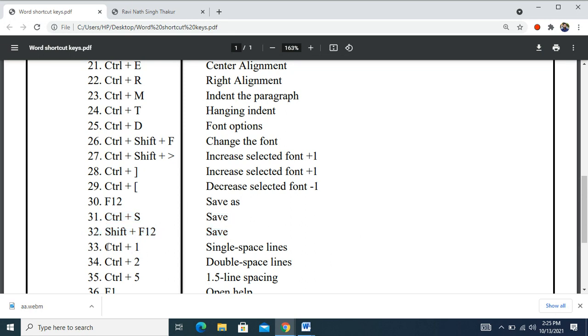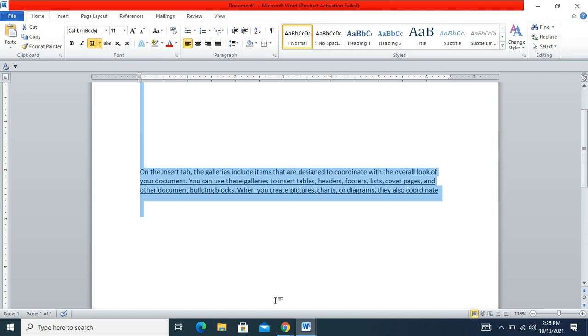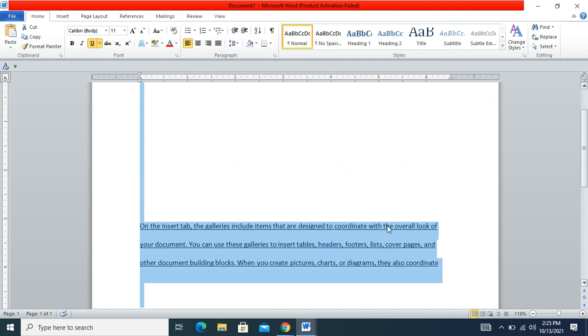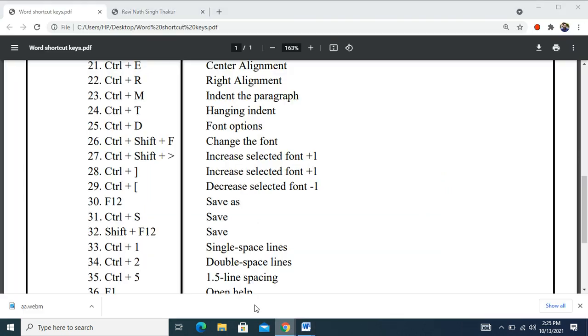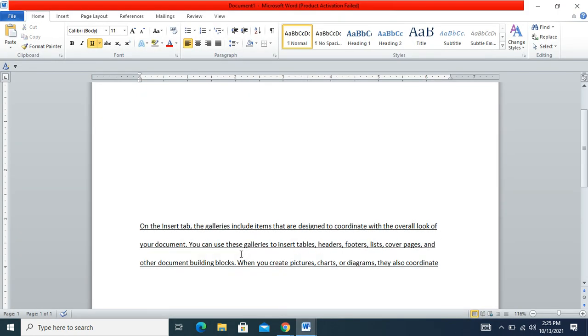Here Control plus 1, Control plus 2 and Control plus 5 are for line spacing. For example, select the text and press Control plus 2. Double line spacing is applied to the selected text.